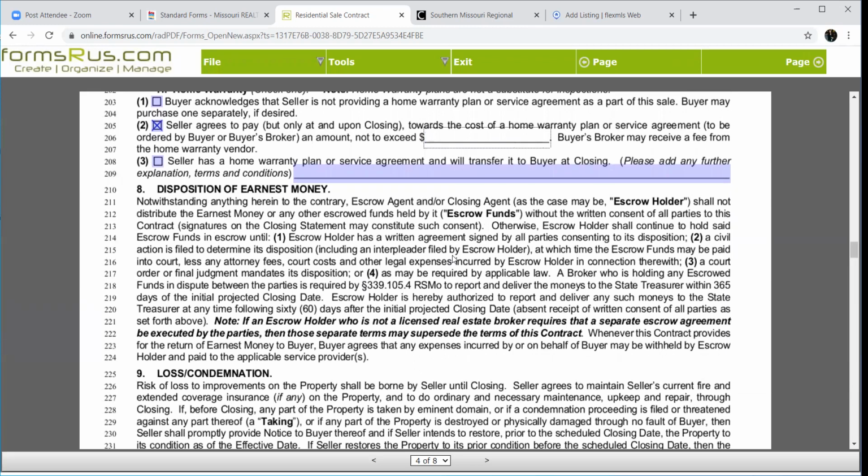All right, disposition of earnest money. This paragraph is why I don't like earnest money, because it talks about, and I'm not going to bore you guys, what happens with the earnest money when there's a dispute. Title company has the right to release it. It's got to sit for 365 days. It goes into arbitration. It's just a whole ugly mess. So if we have a problem with earnest money, this is how we deal with it.